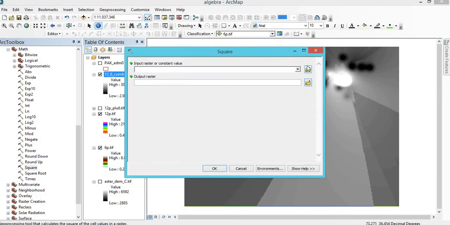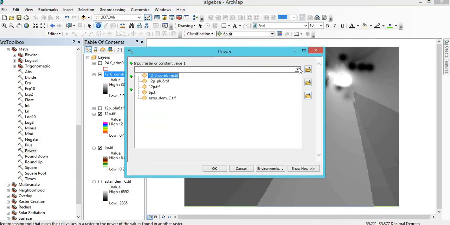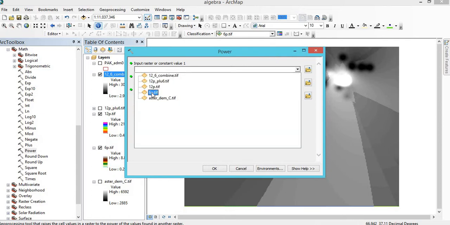For example, if we want 6p and if we want to operate a power operation, like if you use any mathematical equation in which x is, for example, 6p and 12p is y.